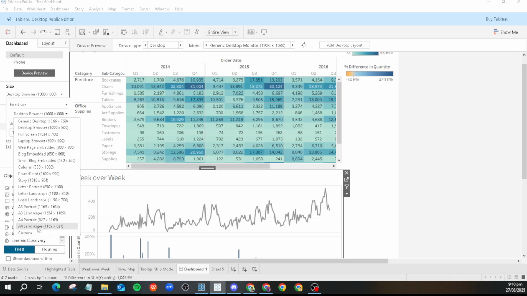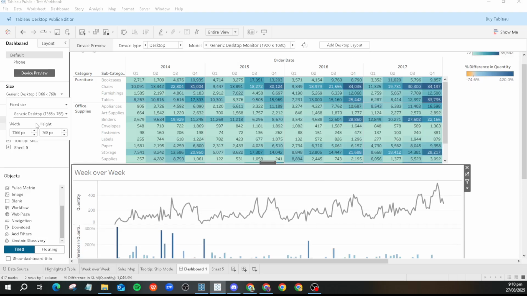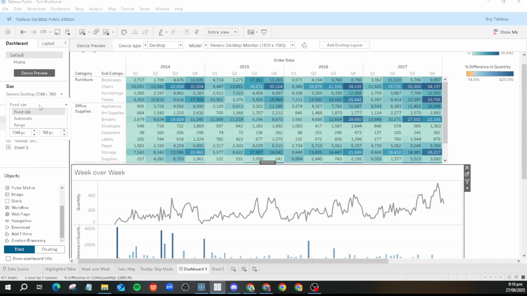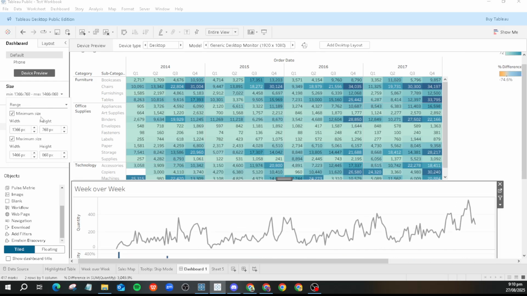Once your core layout is in place using the fixed setting, it's critical to see how this design goes beyond a single screen size. Switch to a range size layout. This is where you allow your dashboard design to adapt to different screen widths, ensuring that it doesn't break or look awkward on varying monitor sizes. A good tip here is to drag the borders of the dashboard to see how your design flexes or needs